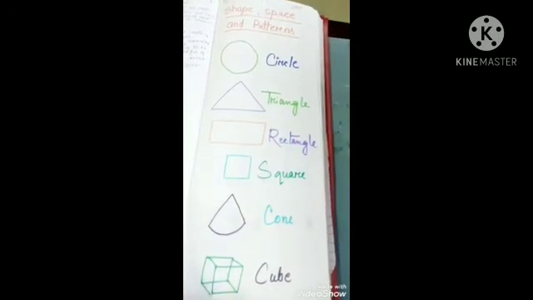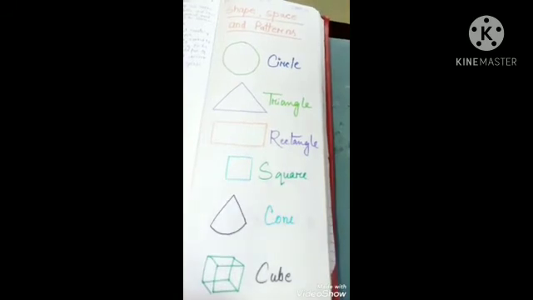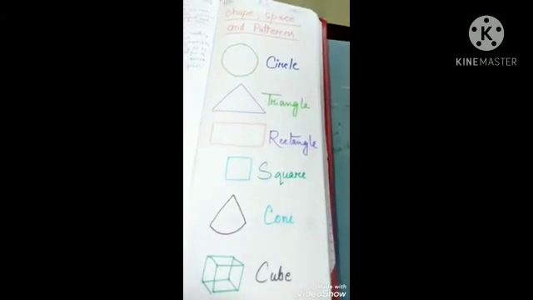And cuboids are also there. Cuboid, like your pencil box, then matchbox. So these are cuboids. In our classroom we also use a duster, so that is also a cuboid. We can keep that on our table. That has faces, surfaces, so that's why it is considered a three-dimensional shape.